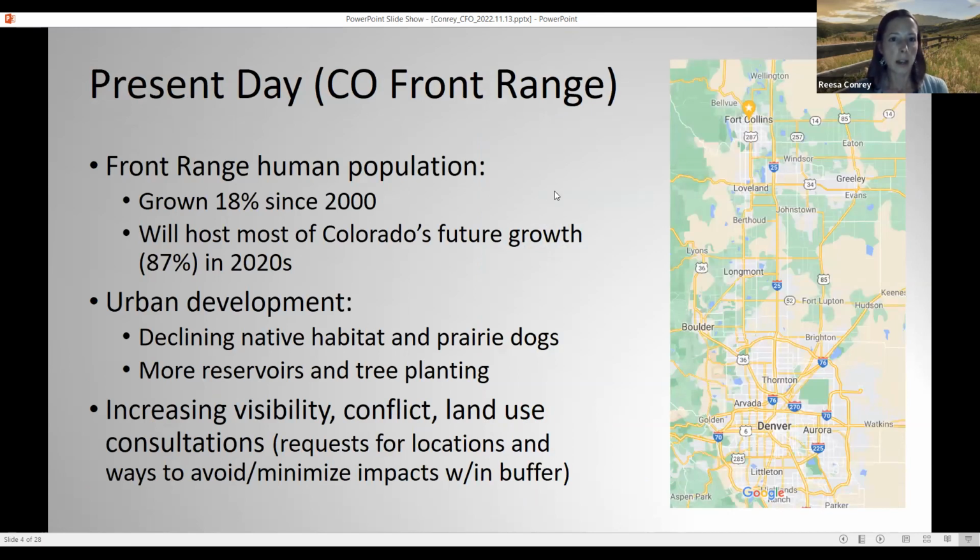So today on the Colorado Front Range, as we all know, the human population is growing really fast. This statistic is actually a little bit outdated now. I bet it's even more. But as of a year or two ago, we had grown 18% just since 2000. And the Front Range was expected to host most of Colorado's future growth in the 2020s. And so